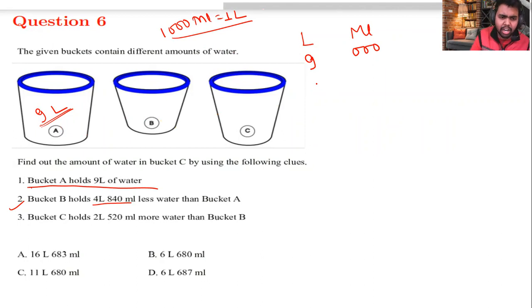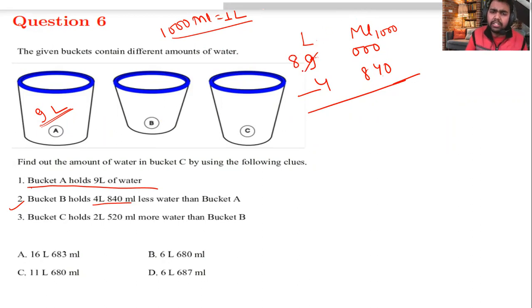So I have to subtract how much? 4 liter and 840 ml. Here I have to subtract. It is like common subtraction, but here I can't subtract 840 ml out of 000 ml. So here I need to take one carry. When I take out 1 liter into the ml part, that 1 liter from this side will become 1000 here, because we know that 1 liter is equal to 1000 ml. So right now I have taken one carry to that side. So now it's just 8 liters, right?